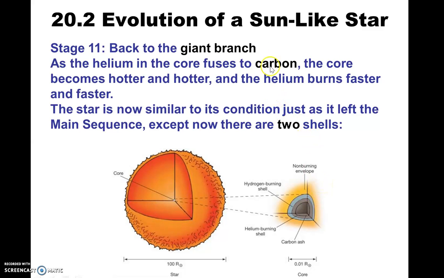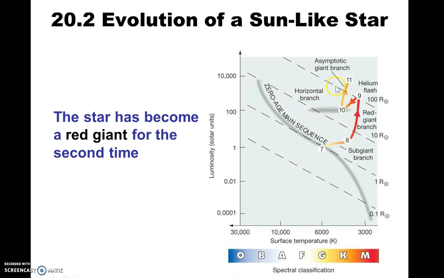So remember, we're looking at a star that is about the same mass as the sun. So we're in stage 11, and we're heading back to the giant stage. This part right here going to stage 11, that's called the asymptotic giant